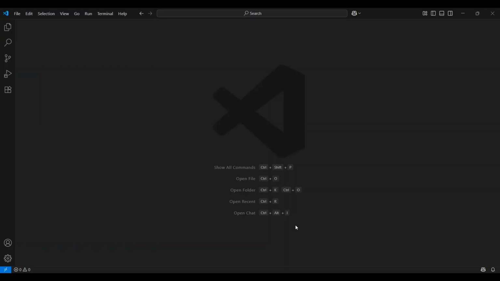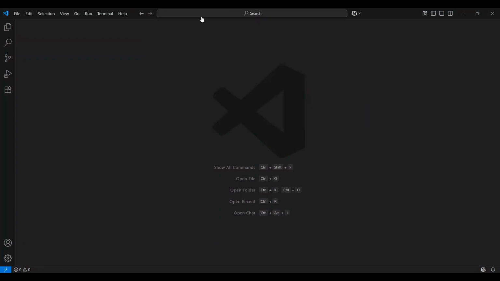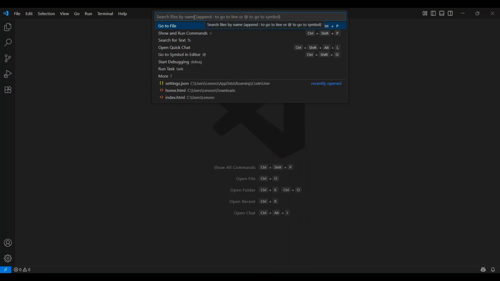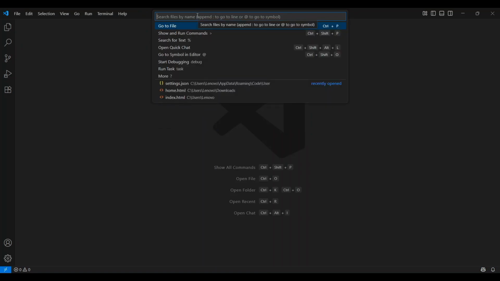I'm gonna show you how to change debugger in VS Code. So to get started, you have to open your VS Code or launch Visual Studio Code on your computer, and then open the command palette by pressing Ctrl Shift P on Windows or Command Shift P on Mac OS, or you can just click on the window pane right above here, and then from there you have to type in